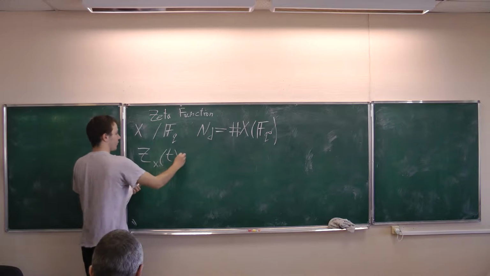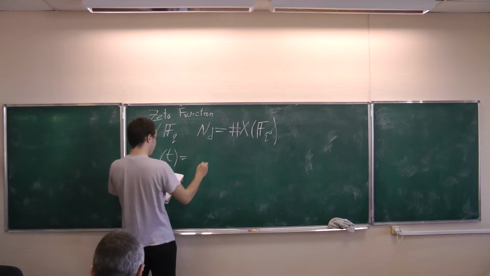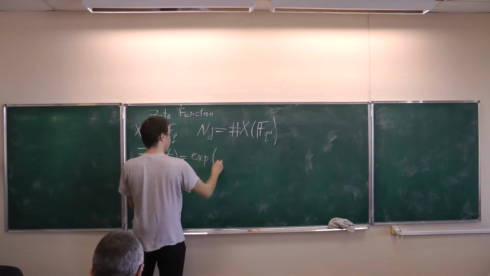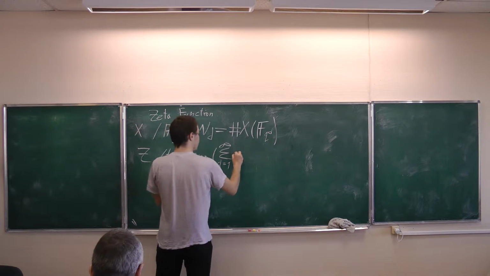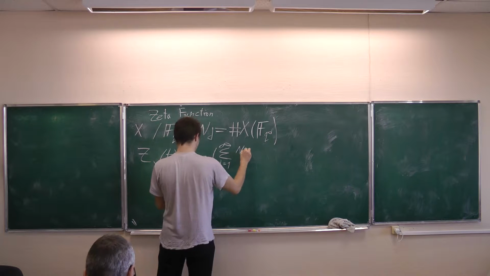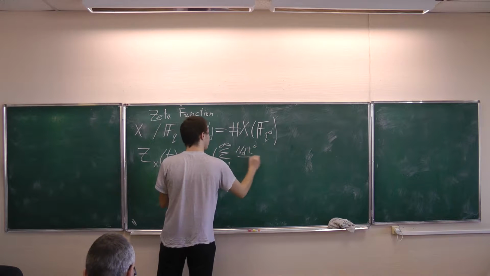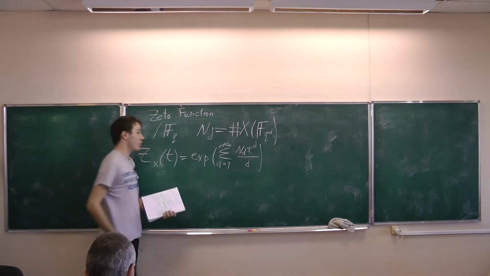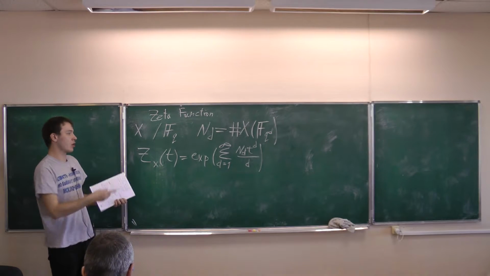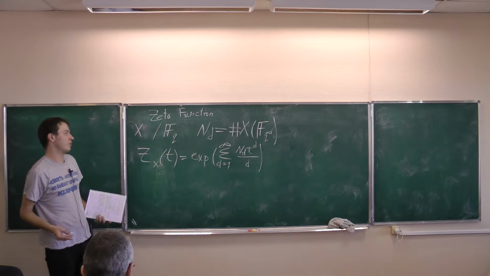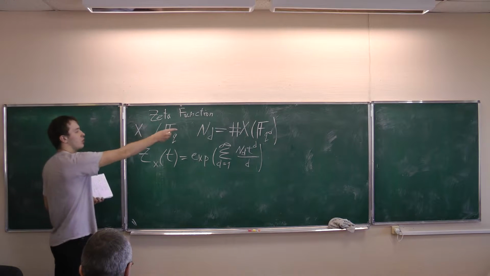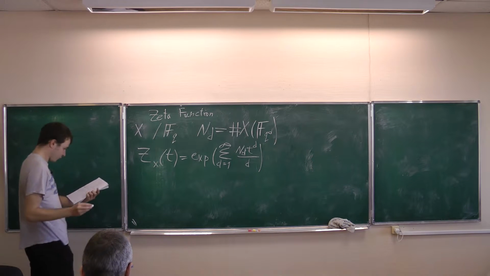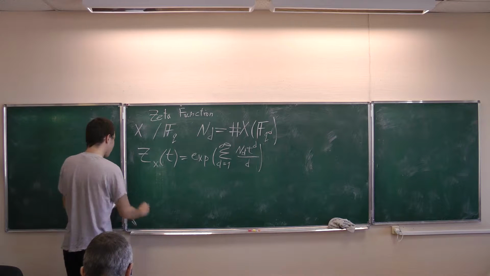The zeta function of x is the exponent of this sum. So actually, we need the zeta function to count the number of points over the variety and over extensions of its ground field. Well, for cubic surfaces,